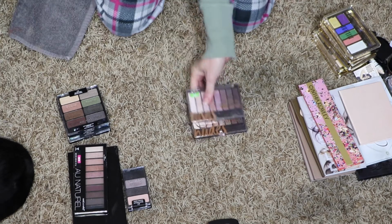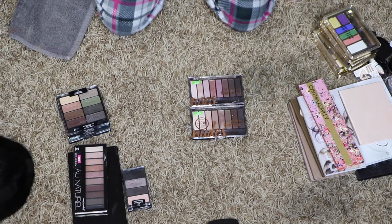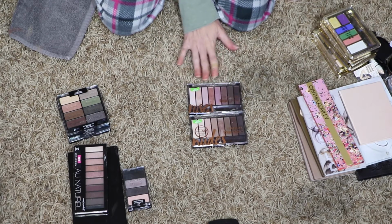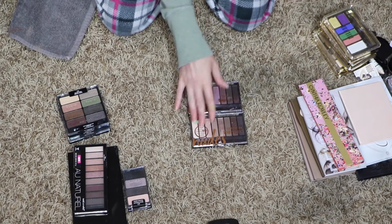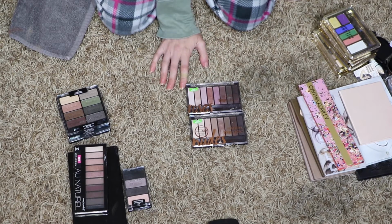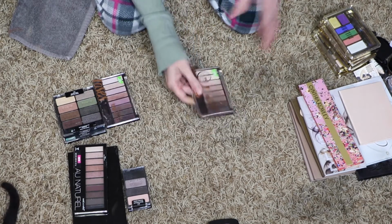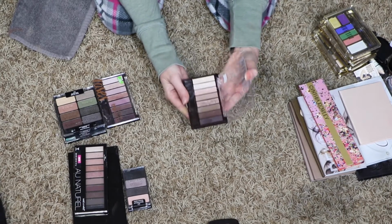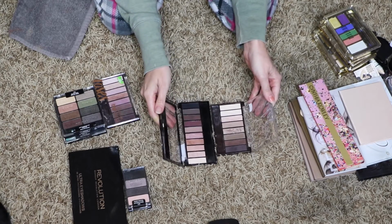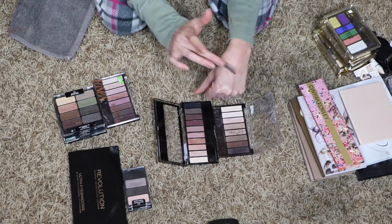Okay, CoverGirl. I know I'm going to keep these, the True Naked, the Roses, and the Nudes. I do reach for these. I like them. I think that they have a good variety of mattes and satins and shimmers. They are very nude, neutral palettes. But the Roses is my favorite, so I'm definitely going to keep that. And I really like this Nudes, but how similar is it to... Well, I guess they have some similar colors, but this is really...